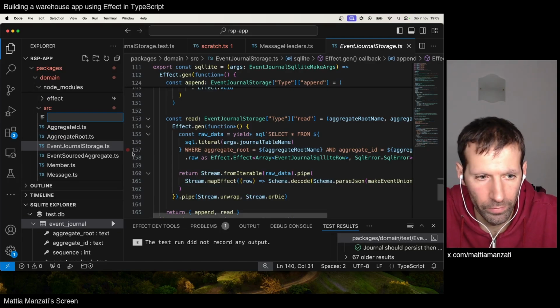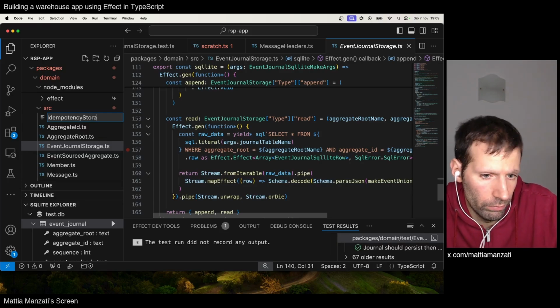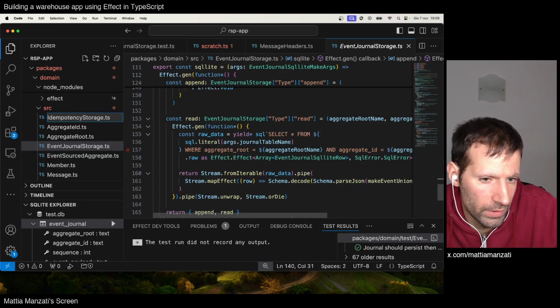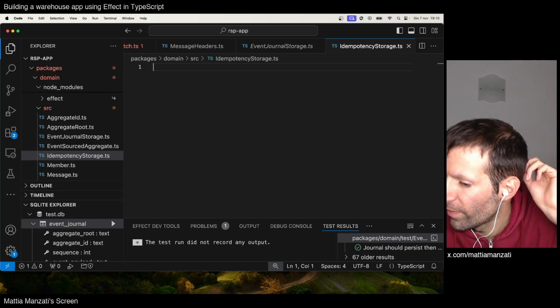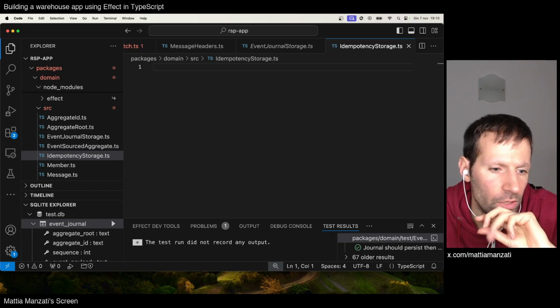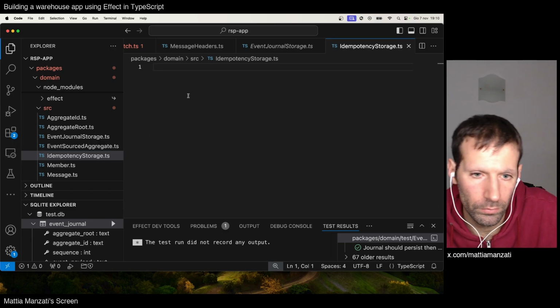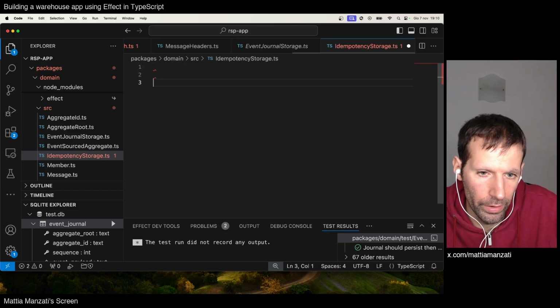We will have something like idempotency storage, maybe. Okay. And I think that idempotency storage will be an API,